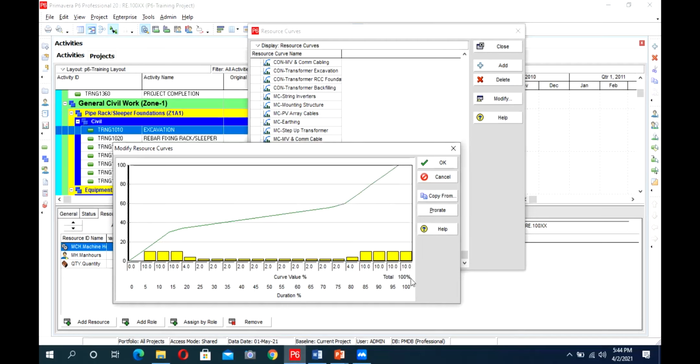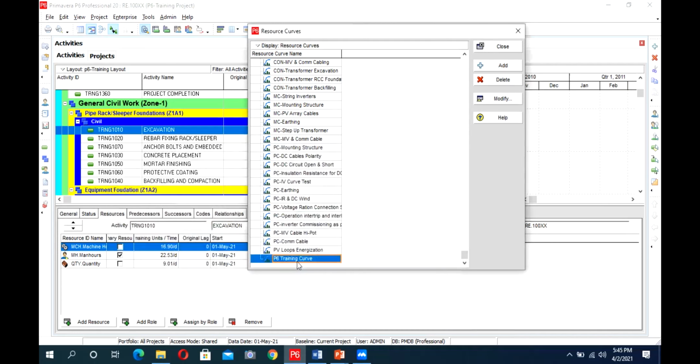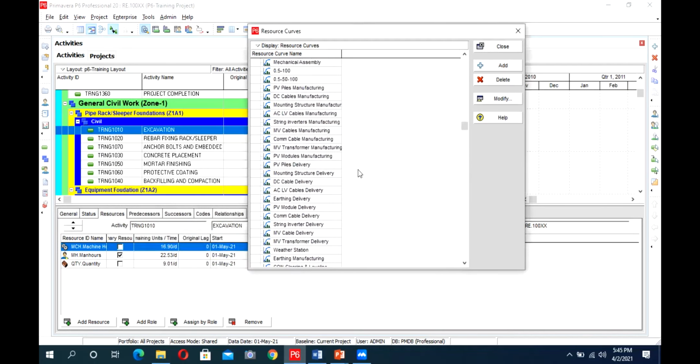Overall, you have to complete it to a total of 100%, and this shows the restricted duration, and this curve value percentage shows how many percent of resource will be loaded on it. So if I make the curve like this, my resources will be deputed first. It will be front loaded, then it will be linear for activities from 25 to 75 percent. It will be linear with less weightage of resources. Then again at the back, it will be highly back loaded. So we can make our own curve as per our requirements, or we can use the default ones.